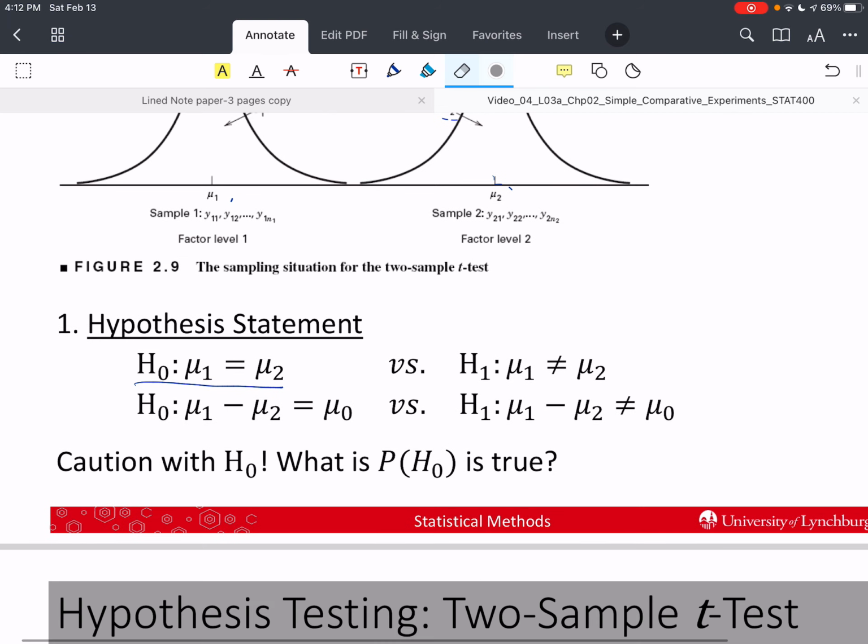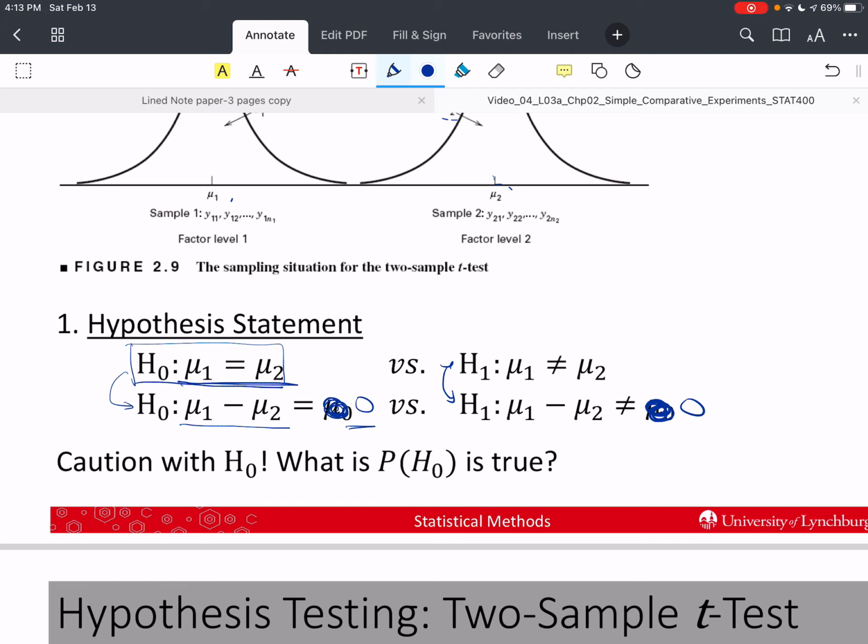Now, the hypothesis statement is always written with an equal sign. And if I want these 2 hypothesis statements to be the same, then this would be 0, because if I subtract mu2 from both sides in the top line, I get mu1 minus mu2 equals 0. And then the same thing over here. If I want these to be equivalent statements, then I need to rewrite it here. Now,